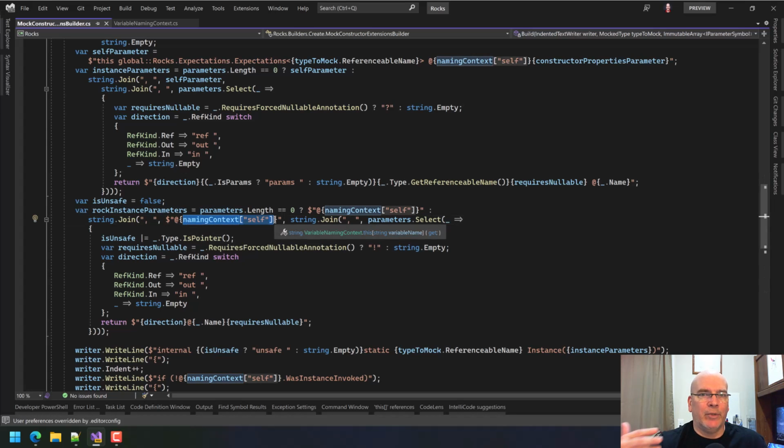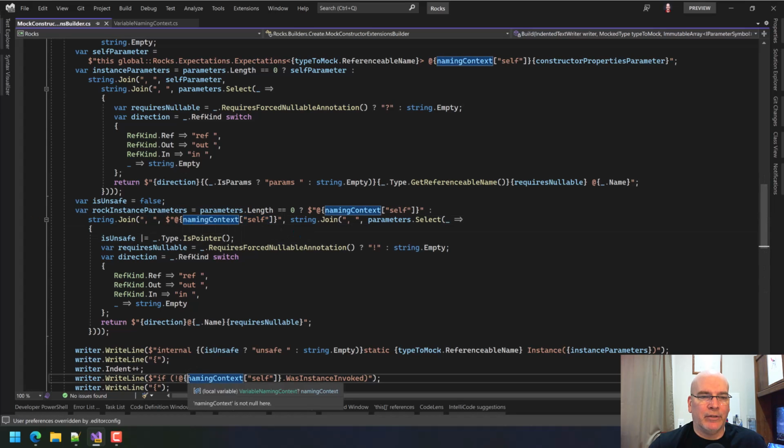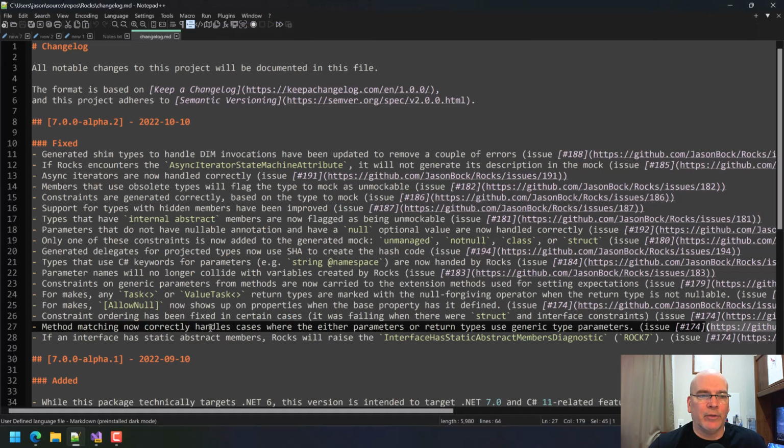And so when I'm in a method that I'm generating code, I create one of these variable naming contexts, and then I just do this everywhere. And I can keep doing it down here because it will always give me the same unique one that I generated before. And so this gets rid of the problem that there were cases where a type had a parameter with the name result, and I'm generating a variable called result. And so that collided. I kind of knew in the back of my head that would be a possibility, but I said, we'll cross that bridge when we come to it. Well, I ran into it.